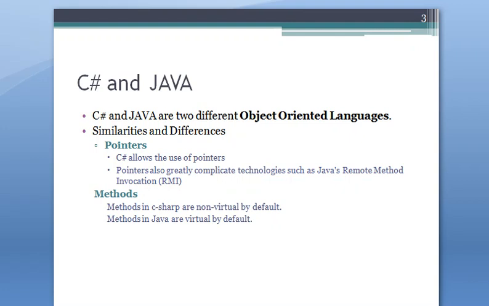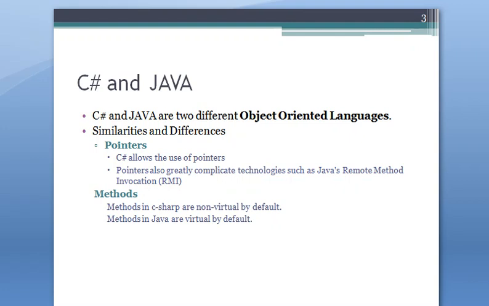Pointers also greatly complicate technologies such as Java Remote Method Invocation, where a program object resident on one computer can be referred to within a program running on an entirely separate computer. Some have speculated that the lack of memory pointers in Java was a nod towards the coming of grid computing, where a single application may be distributed across many physical pieces of hardware.